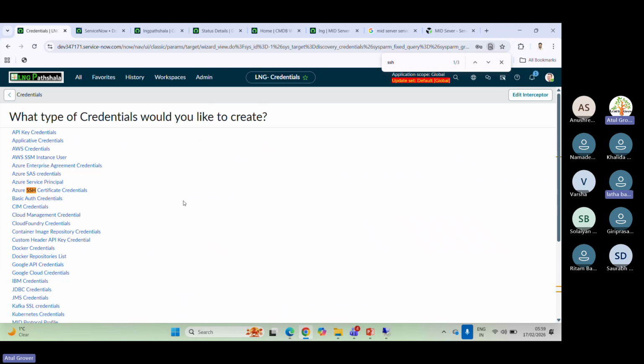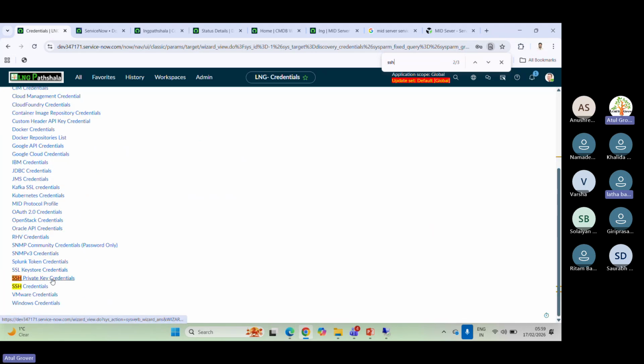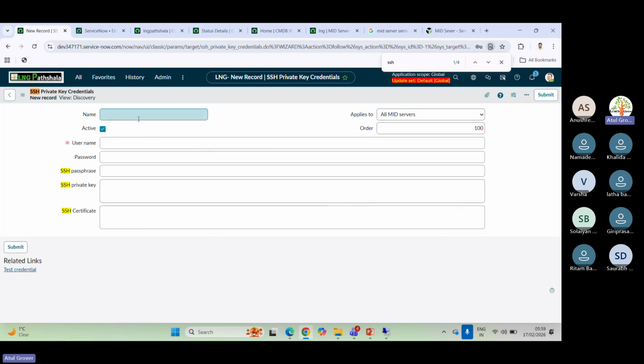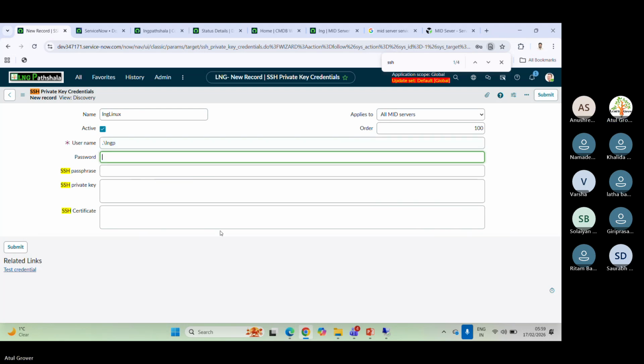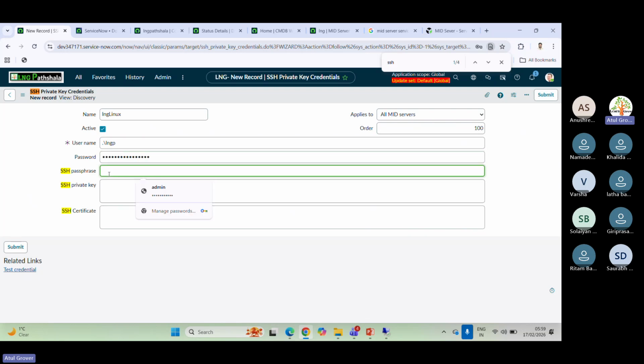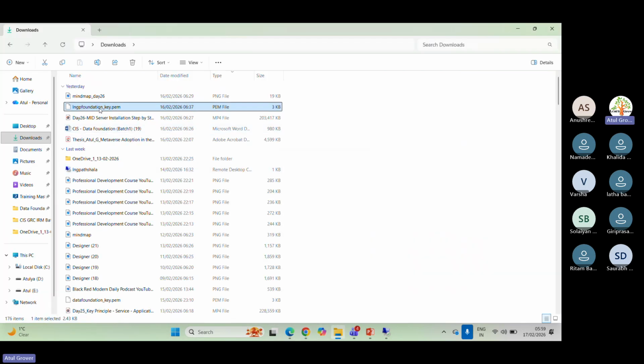I think you'll have to choose SSH, the SSH private key, password, right? Yeah. Name LNG Linux. It is completely a trial we are doing now. Username LNGP. Password is this. What is the SSH passphrase then? Because if I have only this thing downloadable with me,